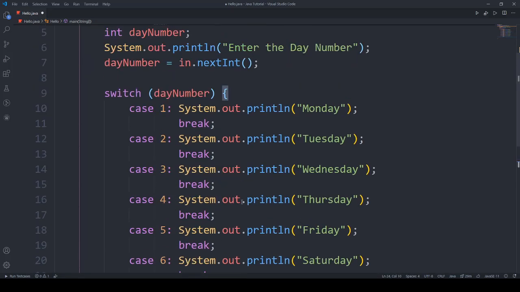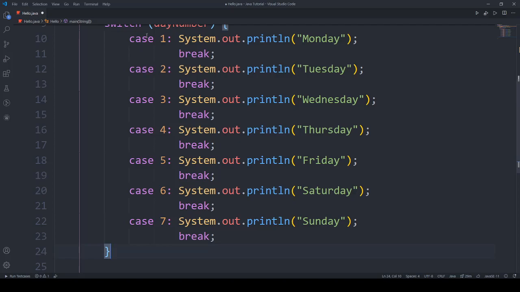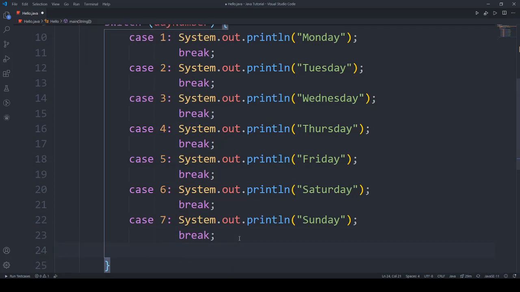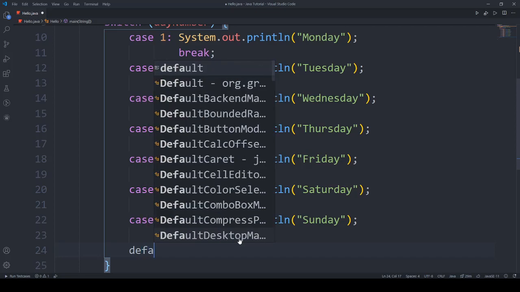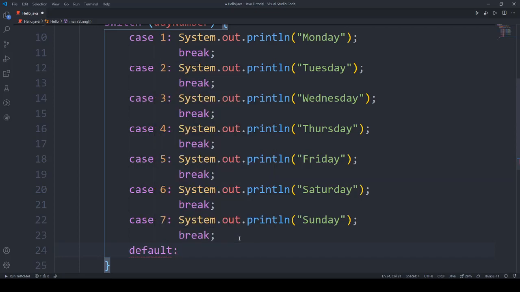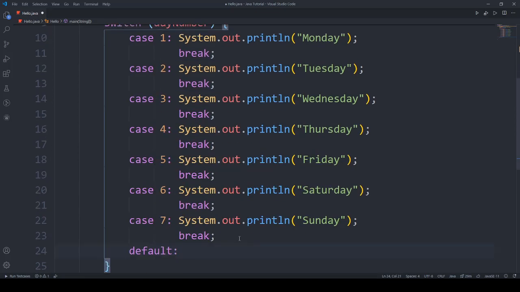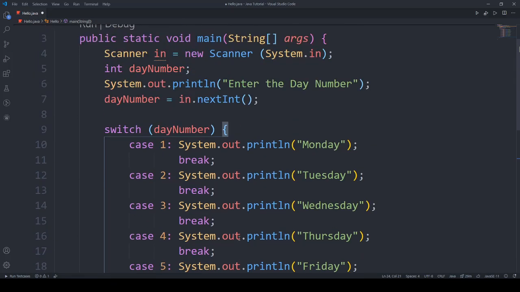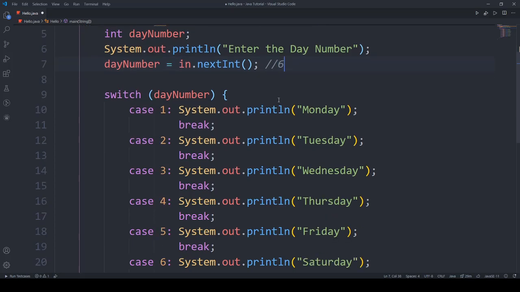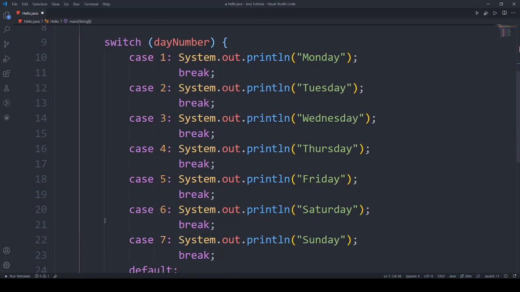Okay, so we have our 7 cases here. The first case will print Monday, the 5th will print Friday, the 7th will print Sunday, right? And finally there will be a default case. So why the default case? For example, suppose the user enters 6, then the statement inside case 6 will be printed, which will be Saturday.